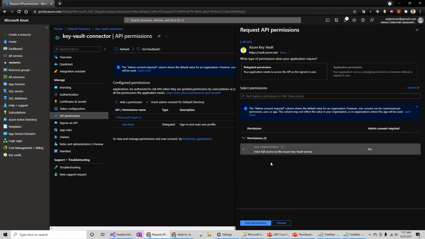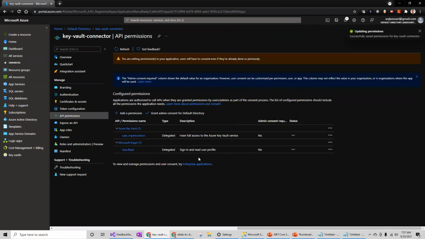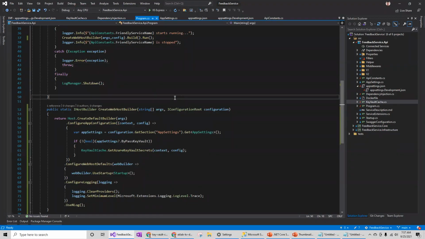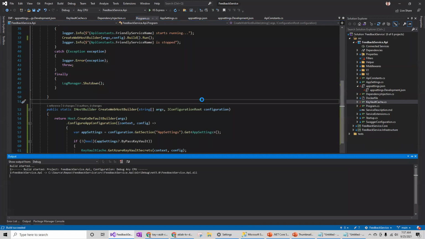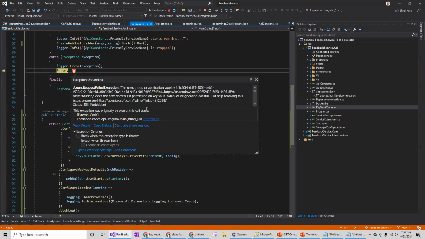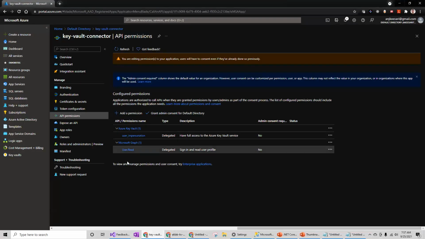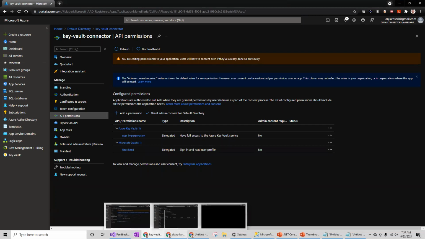So this is a permission list right now. This is meant for the Key Vault. So I'm going to give the full permissions right now for this app. And let's see if I can get the connection. I think I'm still going to get an error. Let's see. Yep. So I will still get an error here because giving the permission to API here is one part of it.